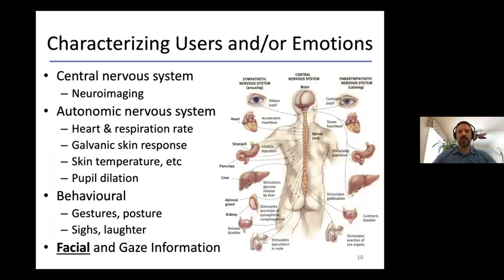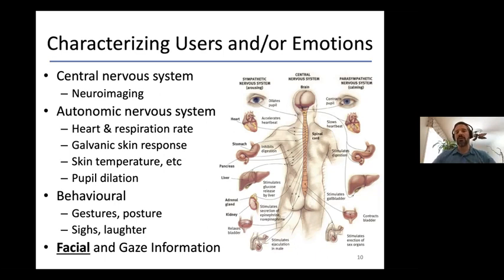So how do we go about doing this? Well, as I mentioned, the human body reacts differently to different types of emotions and emotional states. So if you look into the affective computing literature, you'll see individuals looking at neural imaging to tap into the central nervous system. So here we're looking at MRI, EEG, functional near-infrared spectroscopy, and so on. Of course, the fight and flight body system, where you get changes in your heart rate and your respiration rate. So your autonomic nervous system reacts differently to different emotions. So you have, for example, sweaty palms, your temperature goes up, your face becomes red, your pupils dilate, and so on.